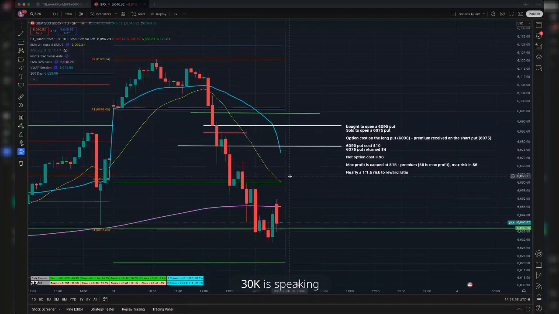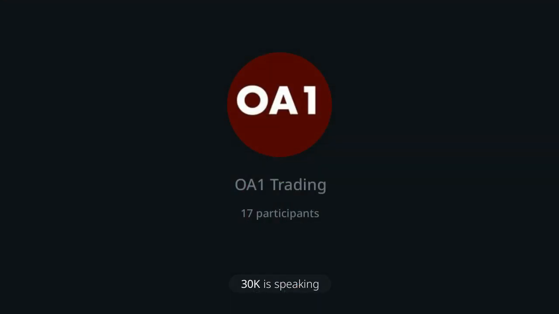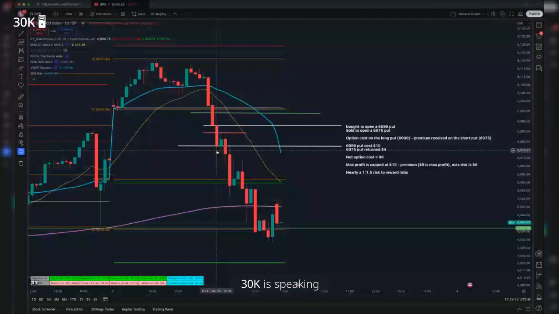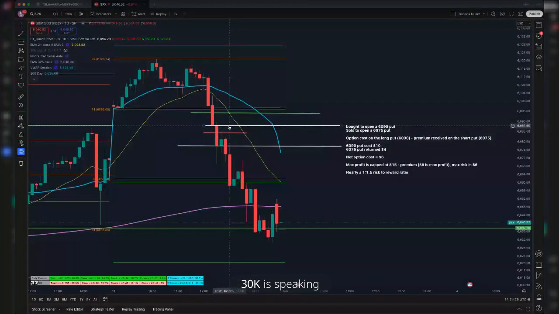The other benefit of this is that you have theta decay working in your favor. Meaning that your long option is going to decay, just as it normally would, relative to expiration coming at the end of the day. But your short option is also going to decay. And if your short option is further out of the money, it will decay faster than your option that is long in the money.